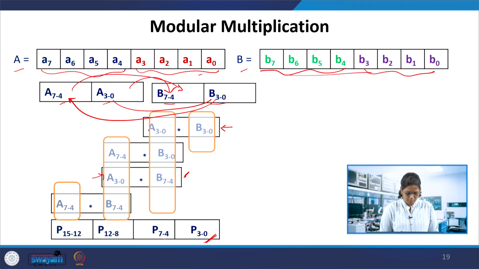If you add all of them, you get the partial product for 4 to 7, and then 8 to 11, and then 12 to 15. So 4-bit partial products can be obtained together. Instead of taking the 8-bit multiplicand and multiplier, repeating the multiplicand depending on the ones, and then shifting and adding, this would give the modular multiplication, which results in faster operation.